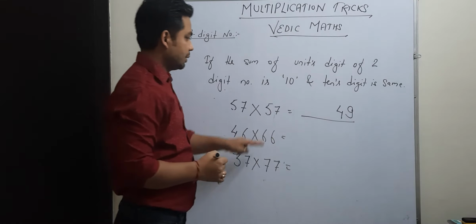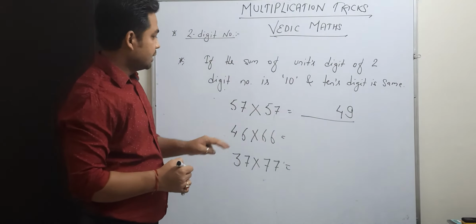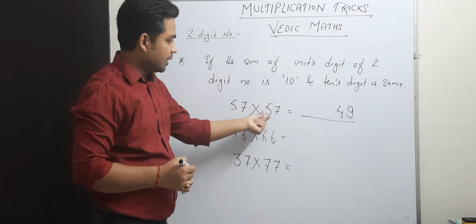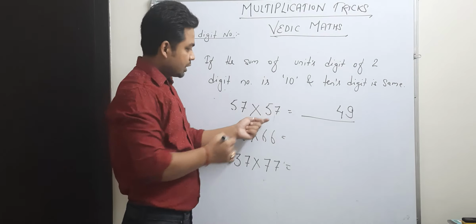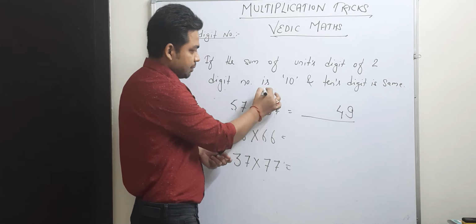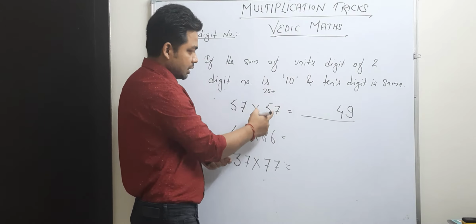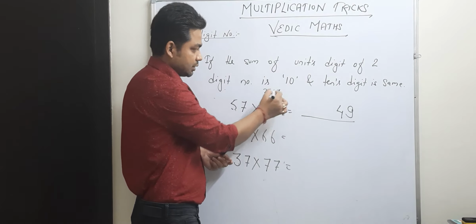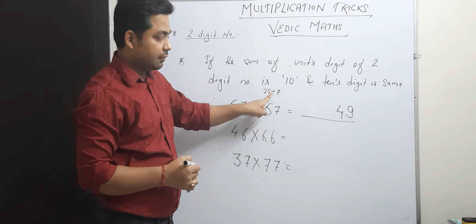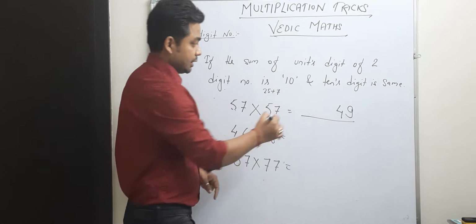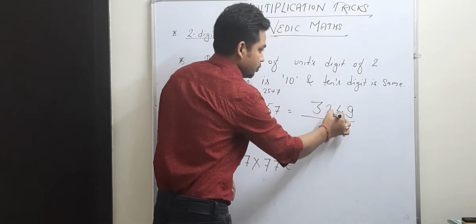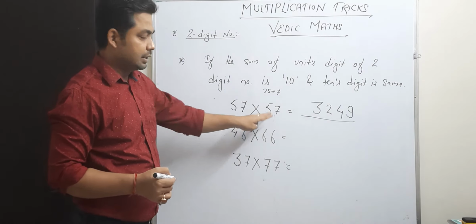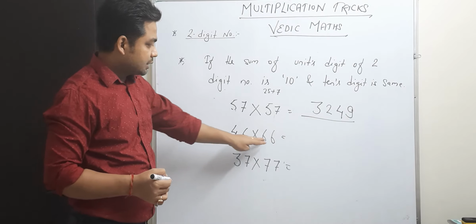Okay, we will multiply 7 7s are 49, and see both 5s are the same, so we multiply 5 5s are 25. Okay, 5 and 5 will multiply, this is 25, plus this digit, the units digit, will be added to this. So what will be the result? 25 plus 7, it will be 32. So 32 49 is the multiplication of this question.